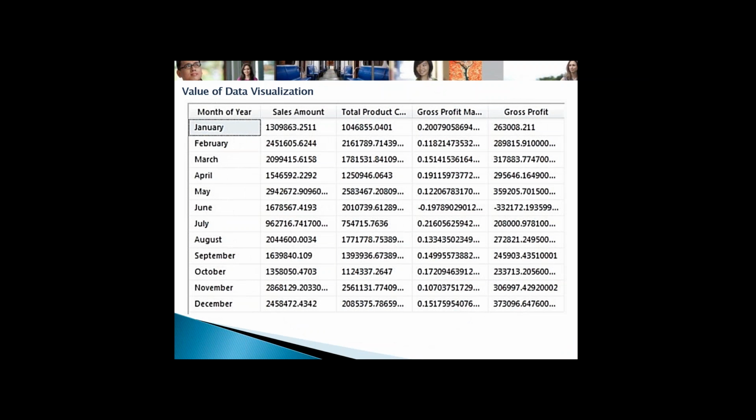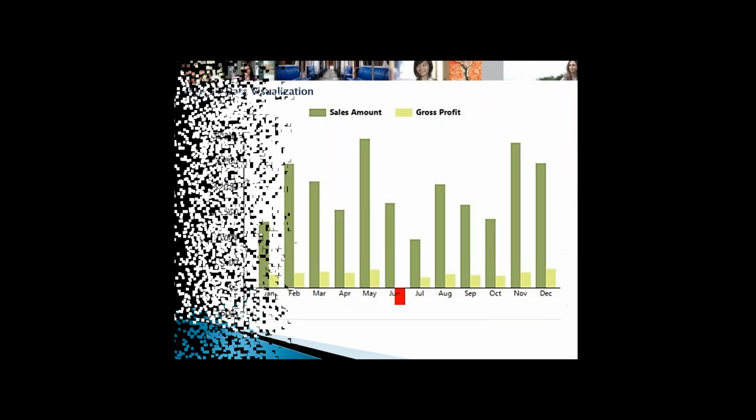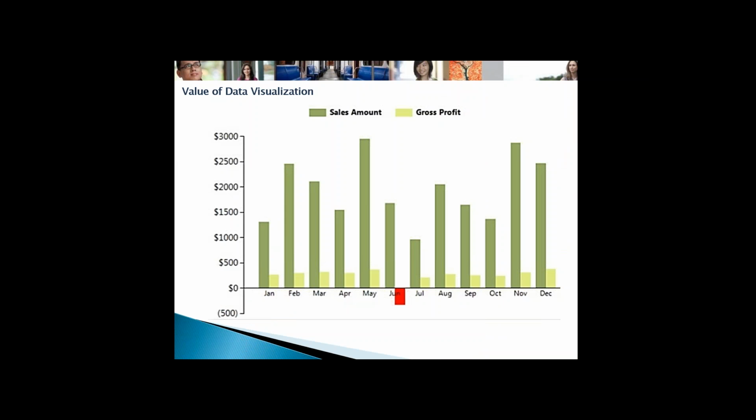Now let's take an example. This is plain and simple data. Okay, some month, year and sales amount and all these figures are there. But it does not look very appealing, and I'm not able to understand this particular data when it is presented in a table format. But when the same data is presented in a chart format, it makes some sense for me. Definitely I can see that, okay, there is something in June which has got a negative value. This means it has had some negative impact on my sales. So this is a part of data visualization.